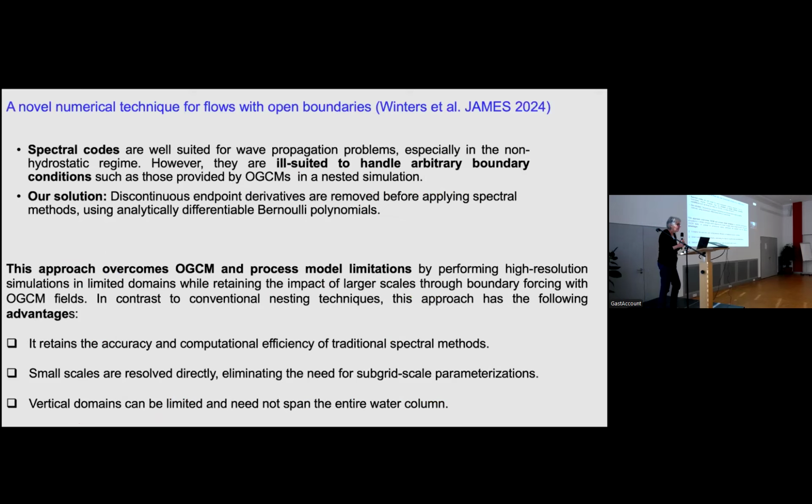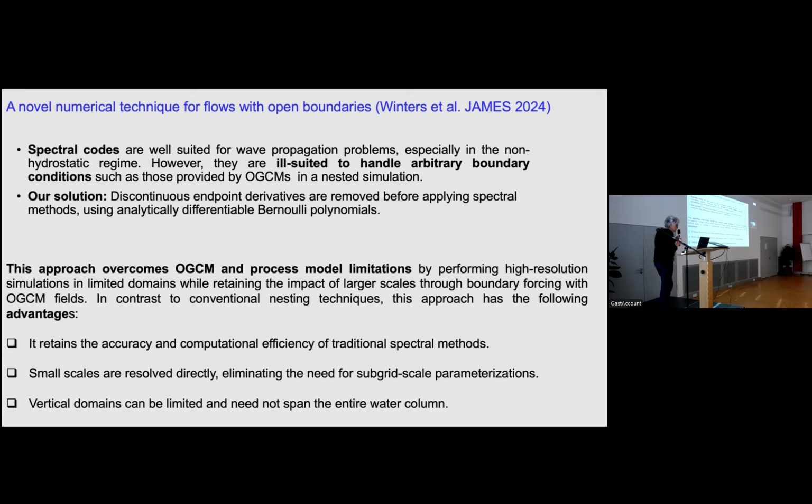So this is a novel numerical technique that Craig devised, and we have a paper in JAMES in 2024. So I'll just say that the approach really overcomes the limitations of OGCMs and of our model, because as I will show you,